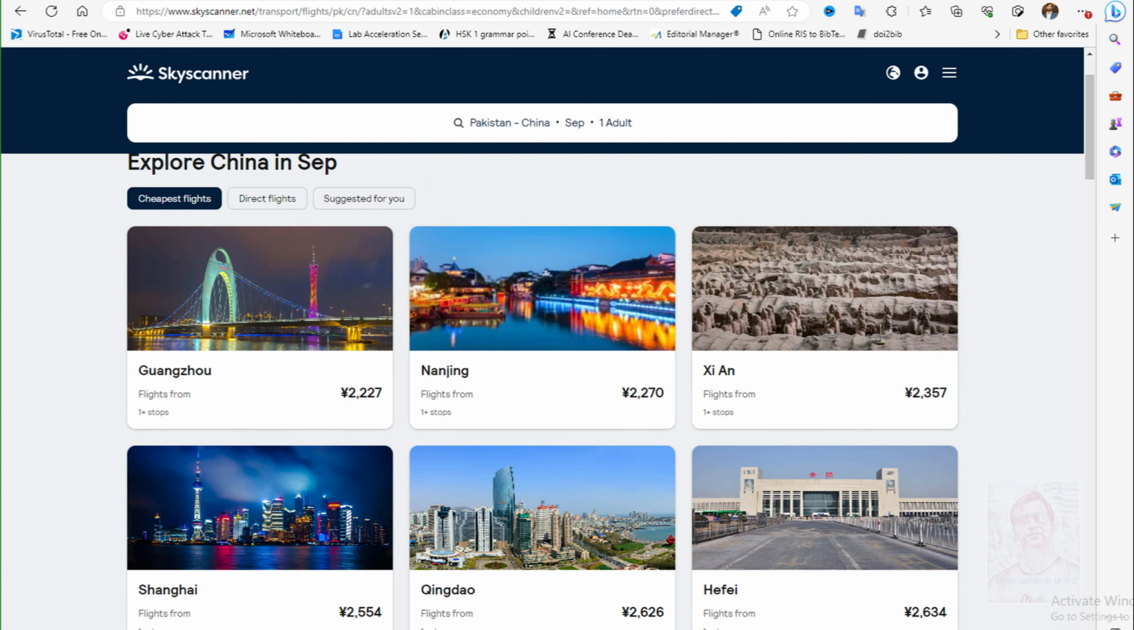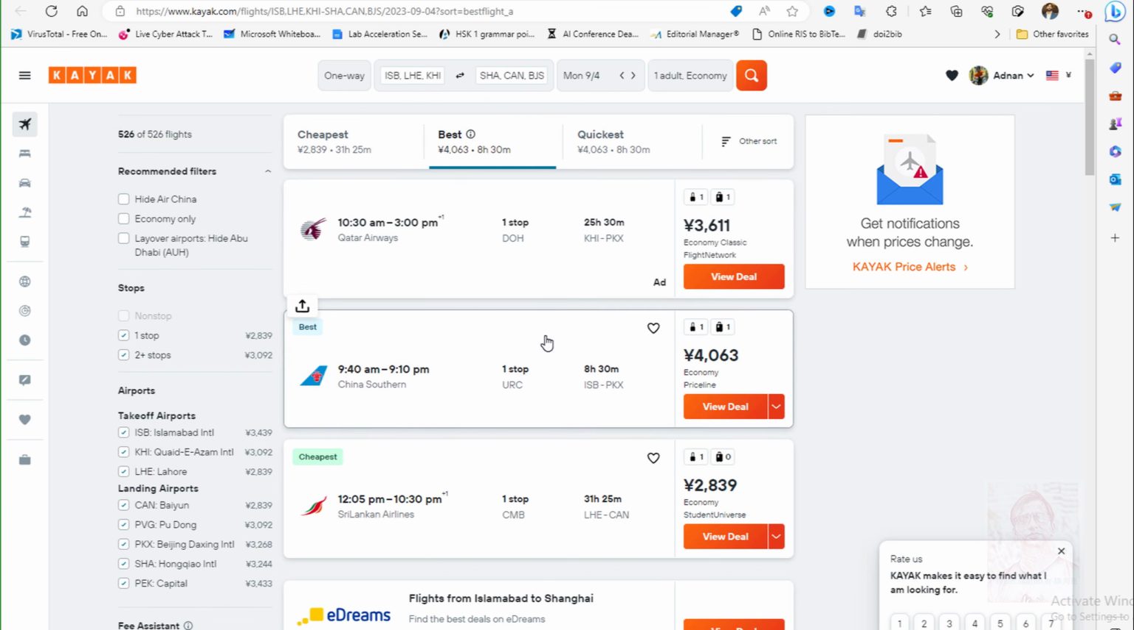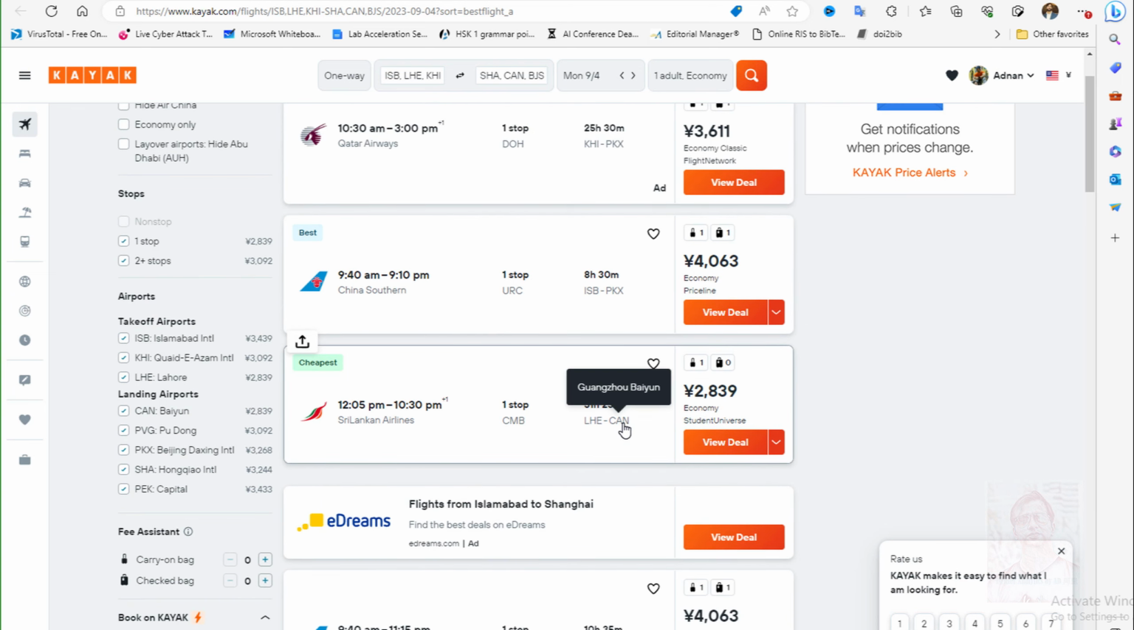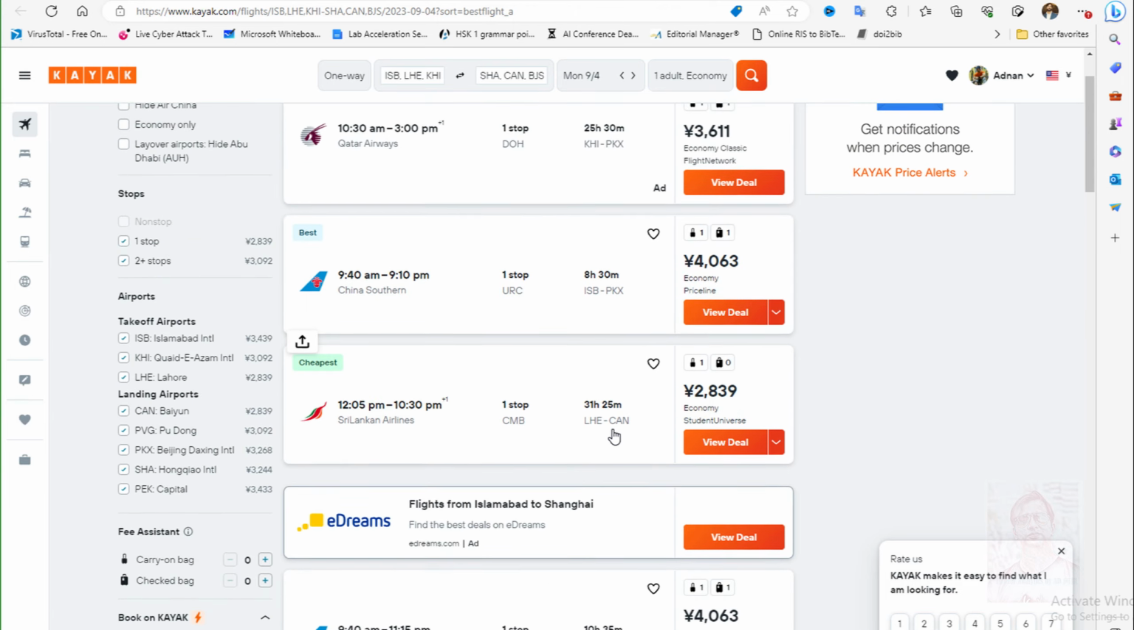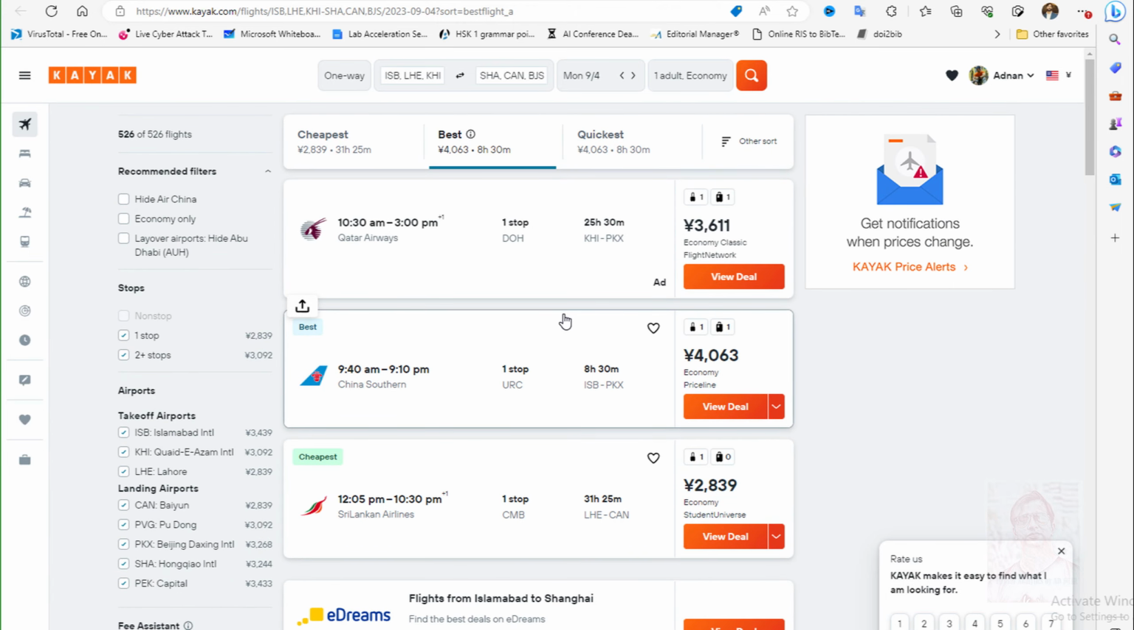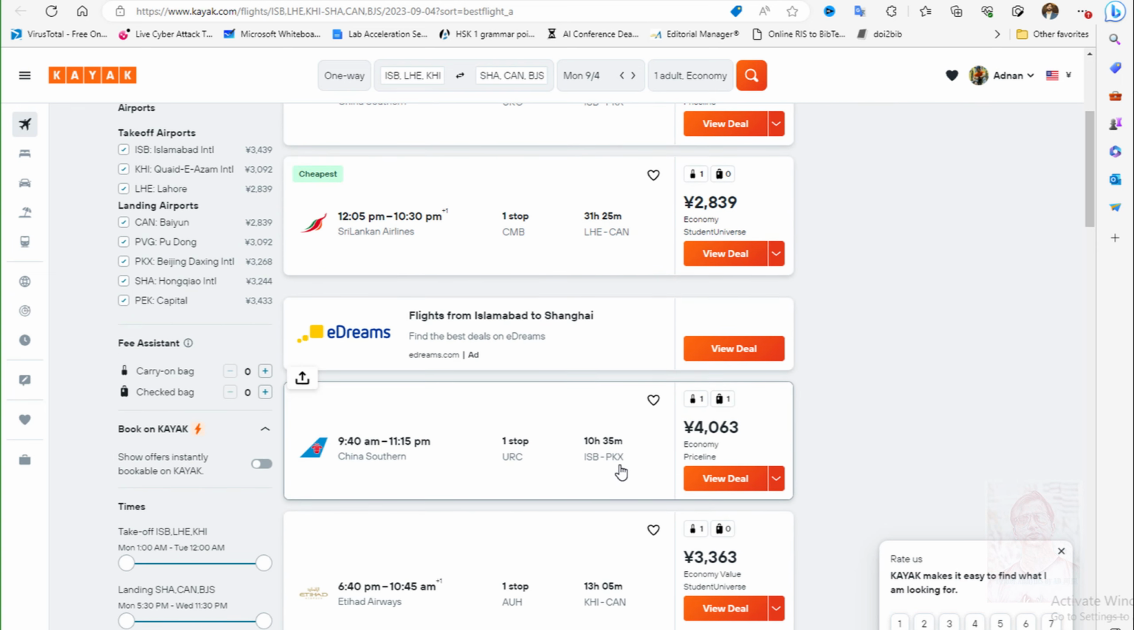Now let's go back to Kayak. So in Kayak, although there was 2800, this is the cheapest. You can see that Qatar Airways goes to Doha, one stop in Doha, and it's Karachi to Beijing, Islamabad to Beijing, then Lahore to Guangzhou, then Islamabad to Beijing, and Karachi to Guangzhou. But one question comes to mind: maybe I am not in Beijing, or maybe not in Guangzhou, or maybe not in